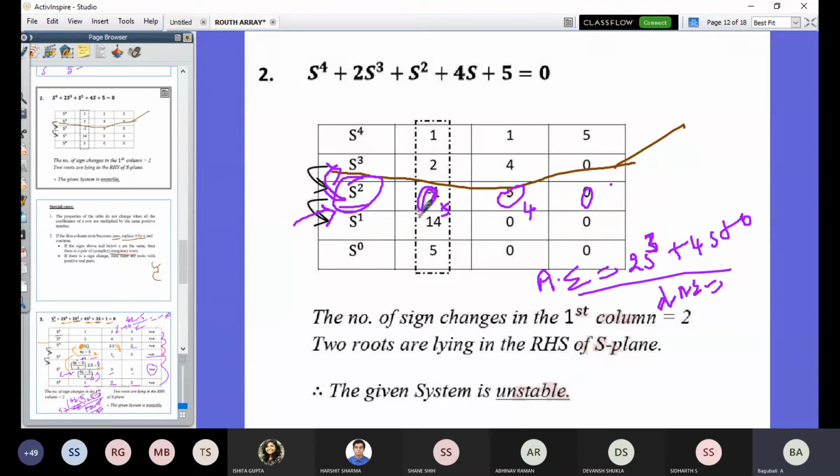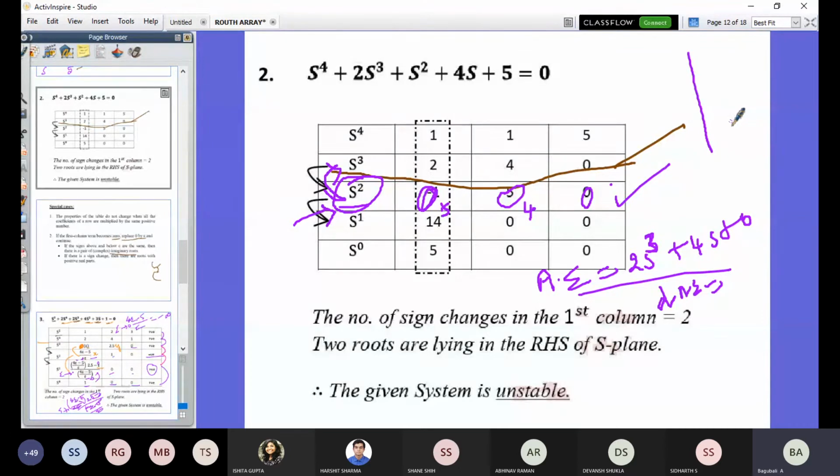The point is clear. The same case here, where the entire row becomes 0. The system has now entered into unstable or marginally stable. Same criteria: for the above and below row, you check whether there are any sign changes. If the sign changes are predicted, then the system is unstable. If there are no sign changes, you find where the roots are located and conclude whether the system is unstable or marginally stable.